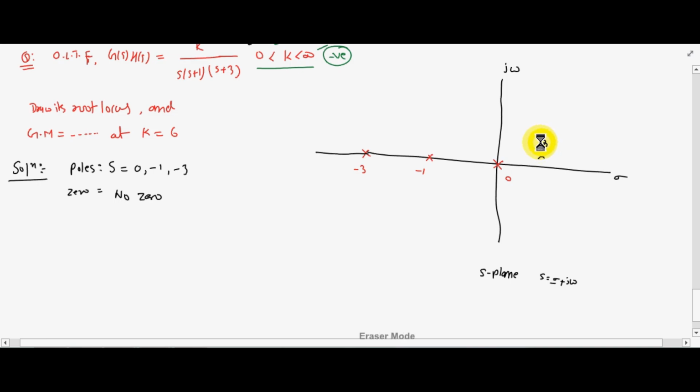Now move some step in your left side and go to this point, stand here and see the number of poles or zeros in your right side. वन, ऑड नंबर। जब ऑड नंबर ऑफ पोल्स और जीरो आपके राइट साइड में होंगे, देन रूट्स आर एग्जिस्ट इन दैट रीजन, मीन्स -1 से 0 के बीच में रूट्स एग्जिस्ट करेंगे। और अगेन यहाँ पे स्टैंड इन दैट रीजन, कम टू हियर एंड सी राइट साइड में कितने पोल्स एंड जीरो, 2, तो रूट्स यहाँ पे एग्जिस्ट नहीं करेंगे, यहाँ पे रूट्स एग्जिस्ट करेगा।